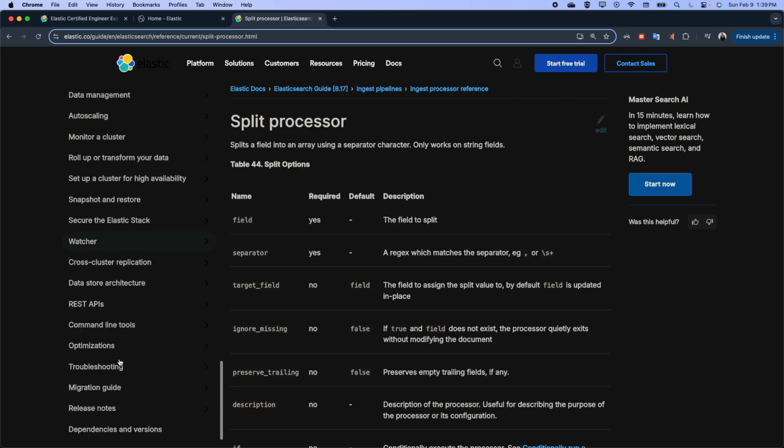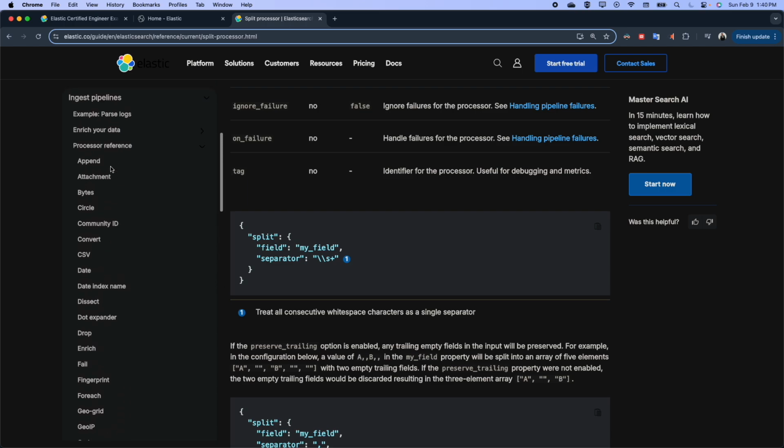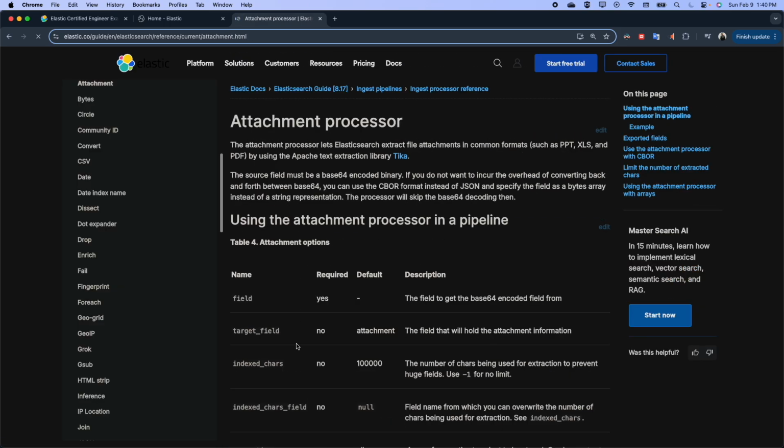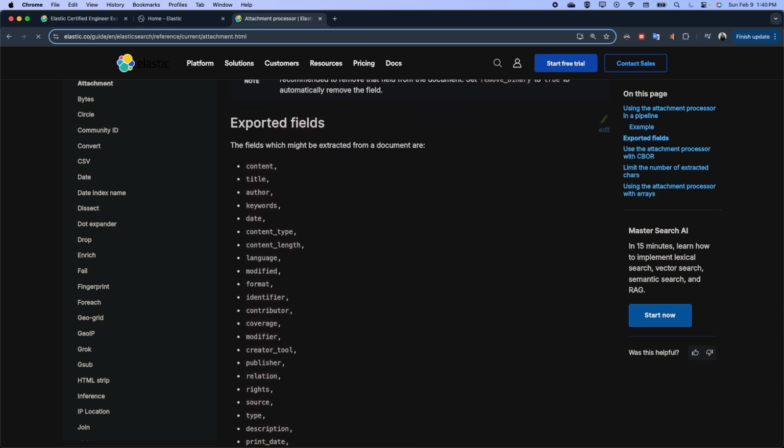But to be able to know which one you need to use, you have to be comfortable with the different processors. So I would recommend you go through all of them and learn about them. Here you will find a few examples. You can use them to learn about the processor, and you implement it after that, right? In our example today,